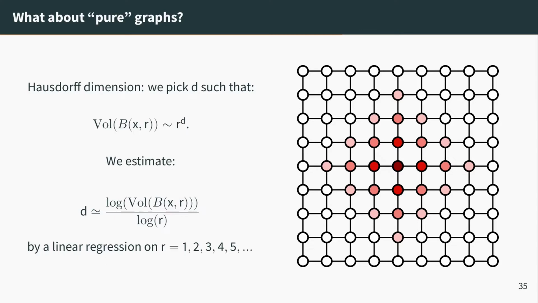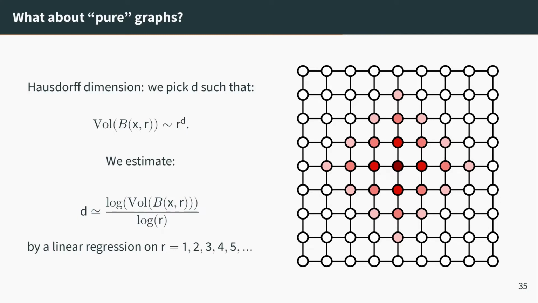Yes. Because you want a definition which is robust to the concatenation of two graphs, and so maybe if you concatenate a curve with a surface, you want a definition which says that on the curve it's dimension 1, on the surface it's dimension 2. And that's the Hausdorff dimension.